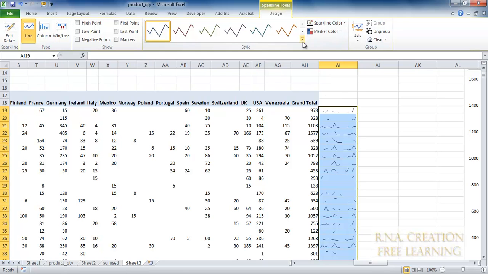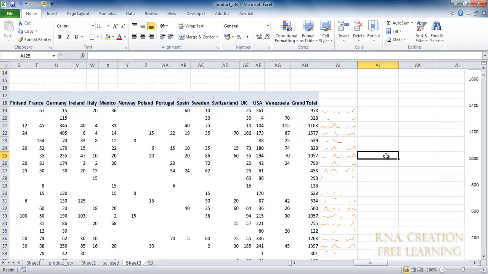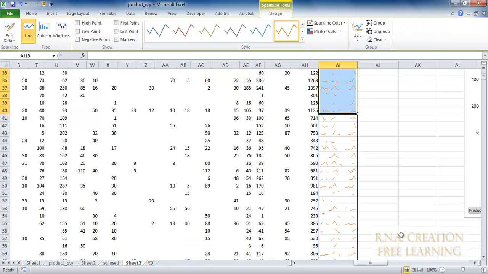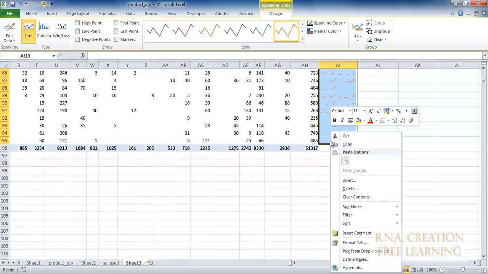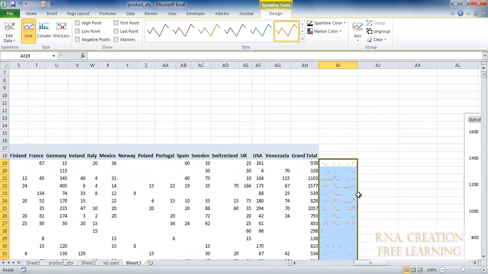Okay, now you can change the color of the lines. As you can see, here it is. But because the data is inconsistent, there are a lot of spaces, so it is getting broken up. That is how the graph is getting created. The breaking line says that the data is missing in between. But it doesn't matter. The only thing is that I need to clear this. This was just a demo to show you what sparklines are. I can clear the contents.